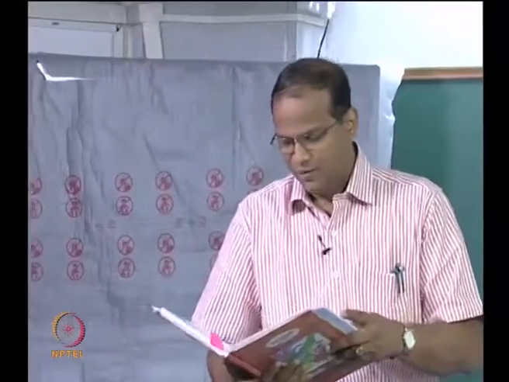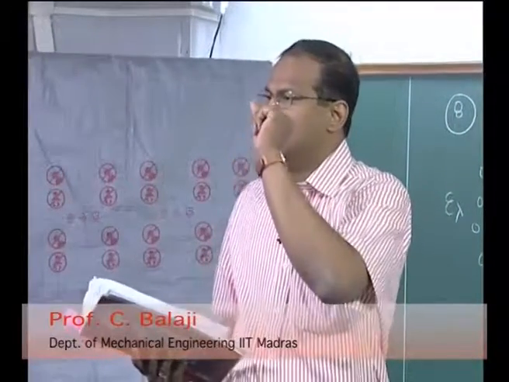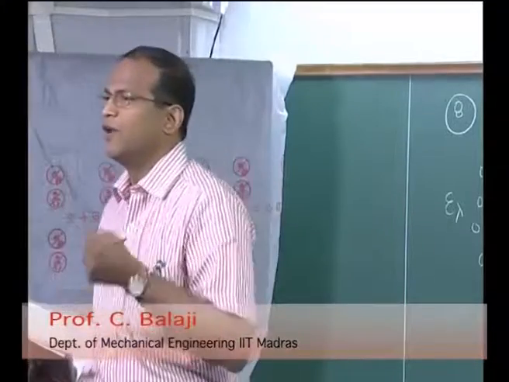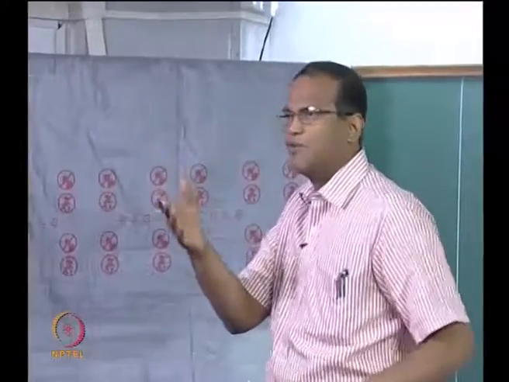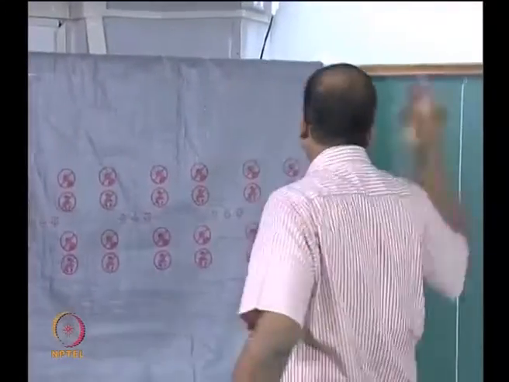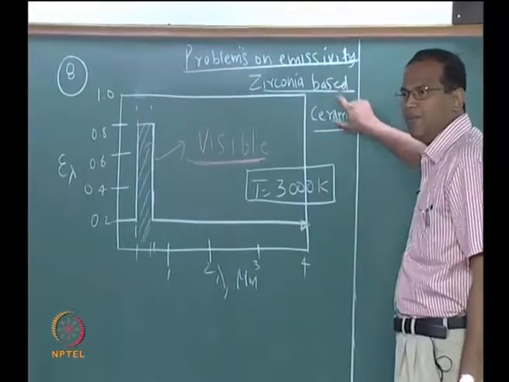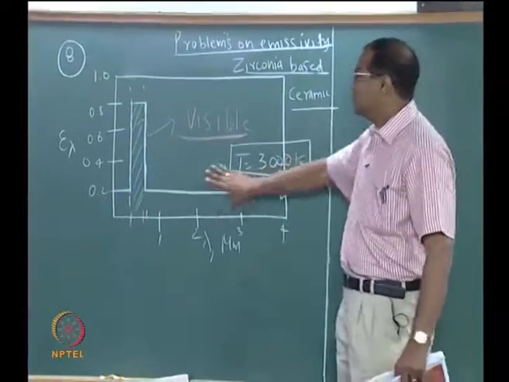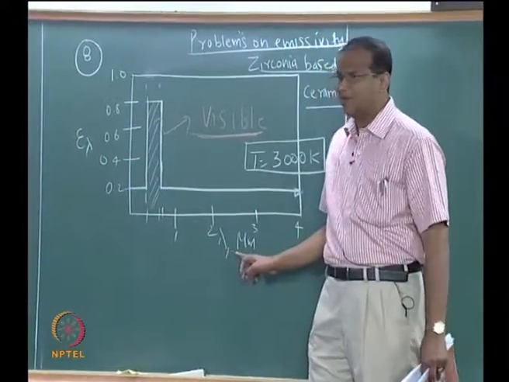Okay. Now same 3000 Kelvin, we will work out the problem for a material which is competing with tungsten. There are other possible alternatives, right? If something is heated to 3000 Kelvin, it will also glow and all that. So let us look at a material like a ceramic material, a zirconia based ceramic. Assuming that experimentally somebody conducted experiments, so epsilon lambda versus lambda.